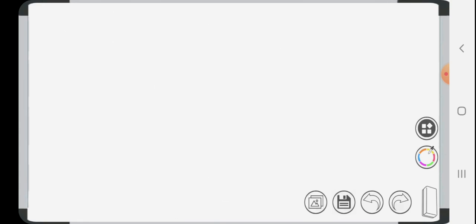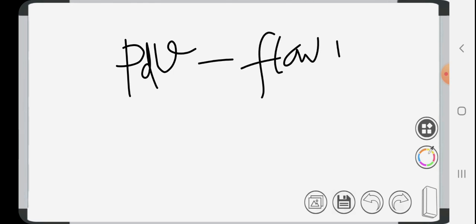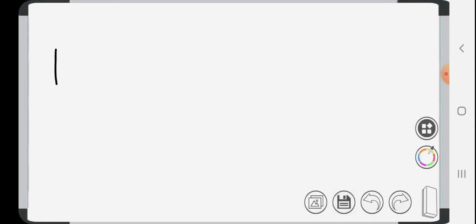What is flow work? Flow work is nothing but pressure into specific volume. Pressure into dV. So this is known as flow work. Okay. So adding flow work also, you can write it like Q